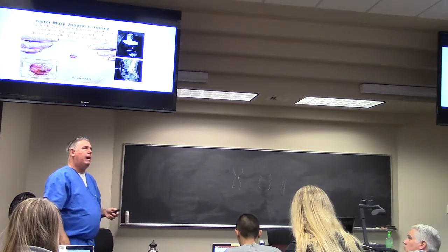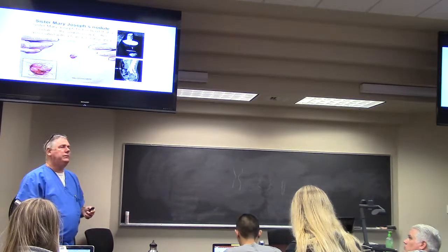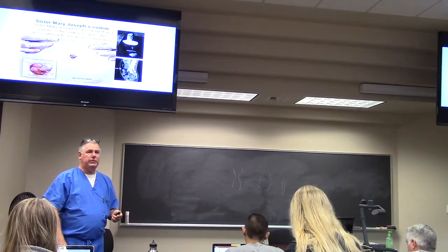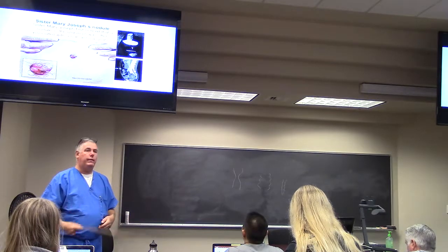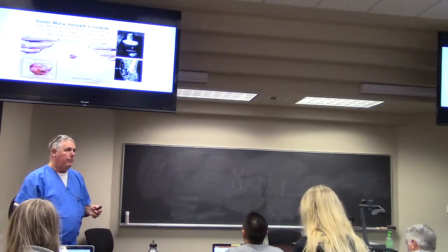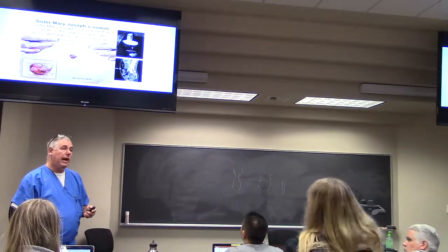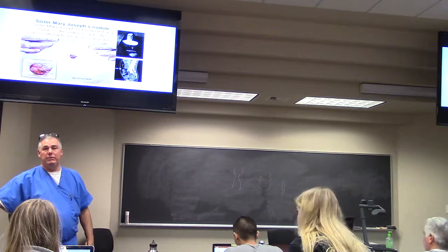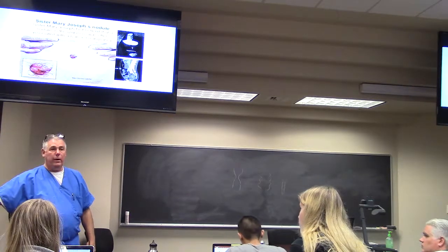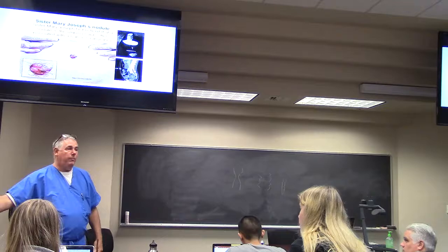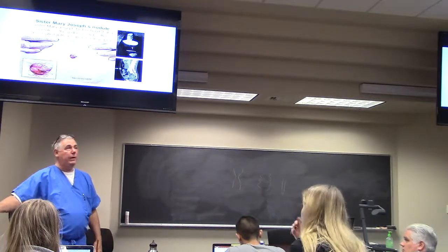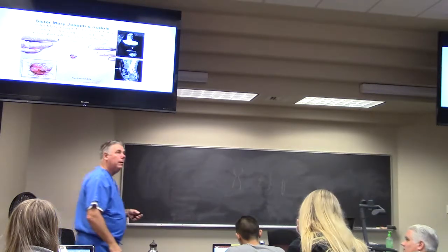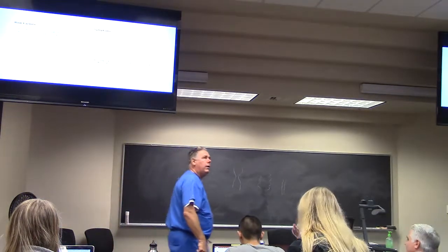Sister Mary Joseph, turn of the 19th century, I believe, was a surgical assistant for some surgeon and just happened to notice that everybody that had one of these belly button deals had a malignancy of the GI tract. She was the one that observed it and told it to the surgeon. The surgeon published a paper on it, thinking he was going to get all the glory for discovering this. But in fact, they recognized what happened, and she was the one that got the name. Huh. So anyway,